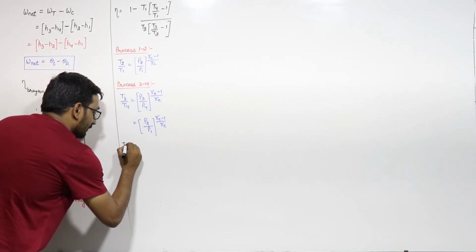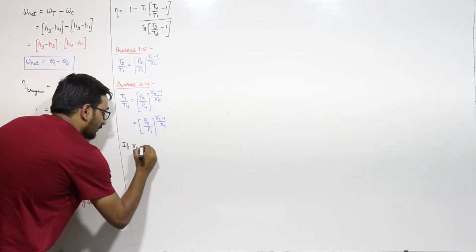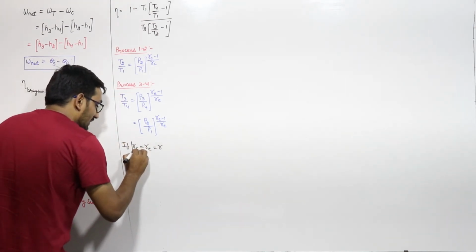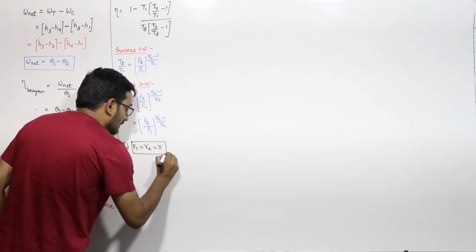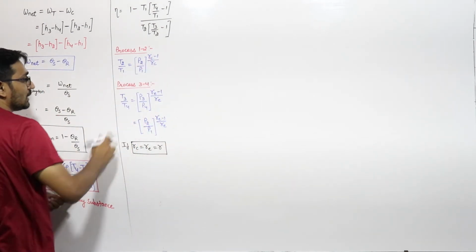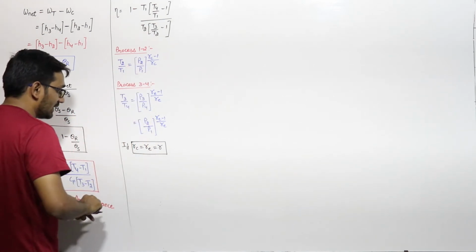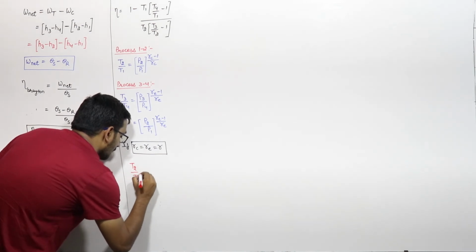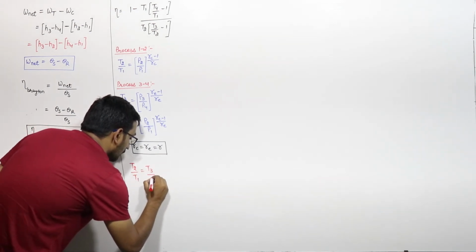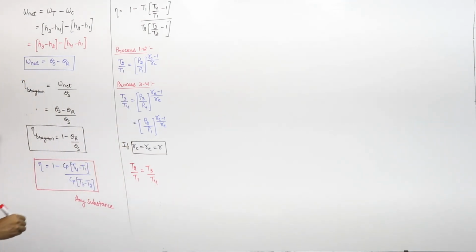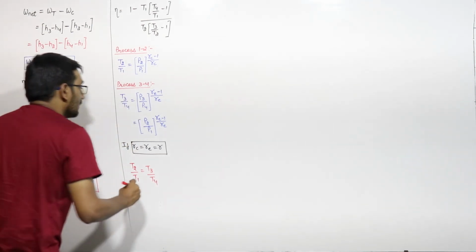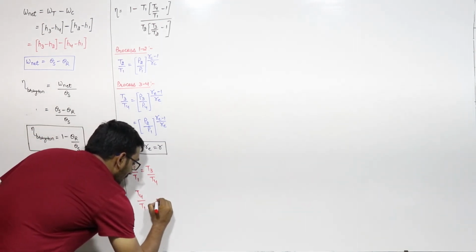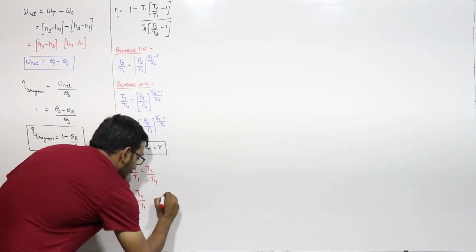And if in the question it is given that gamma for the compression and gamma for the expansion are same, if gamma C is equal to gamma E and this is equal to gamma, let us say, if these two are equal, then the right hand side is equal, and you can write from here that T2 by T1 will be equal to T3 by T4. T2 by T1 will be equal to T3 by T4, or you can write from here that T4 by T1 will be equal to T3 by T2.